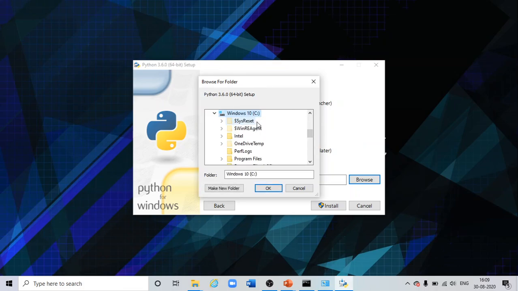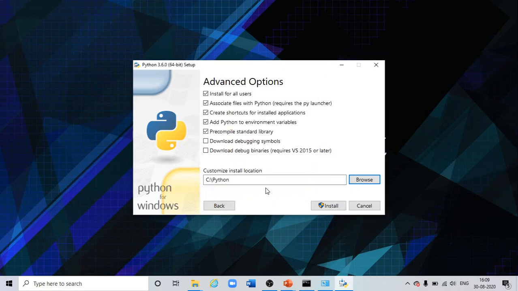So C drive is here, and under C drive I'll create one folder. I'll name it Python. Then I'll select this one, Python, then OK. So now under Python it will get installed. So then I'll click on install.